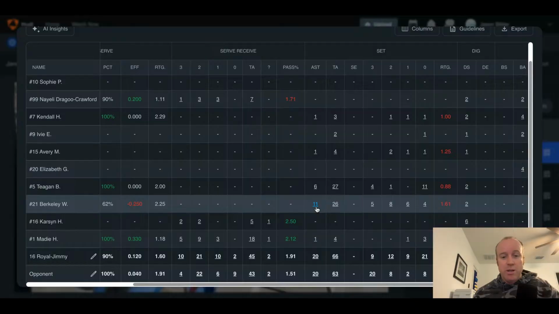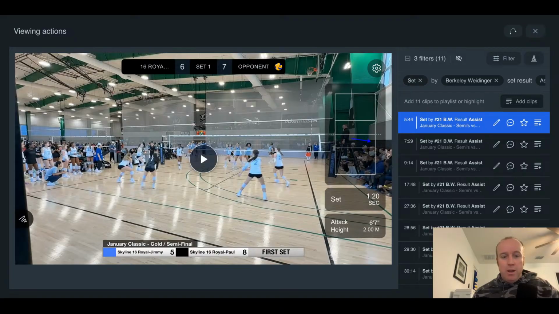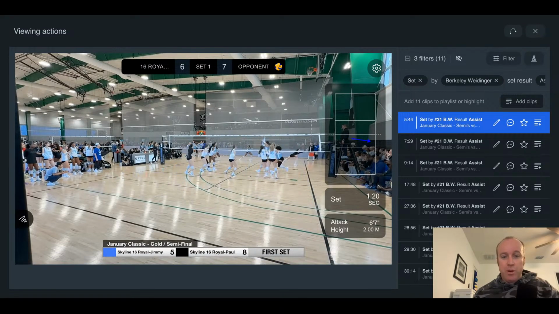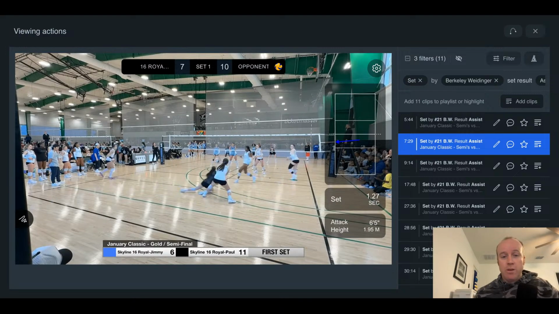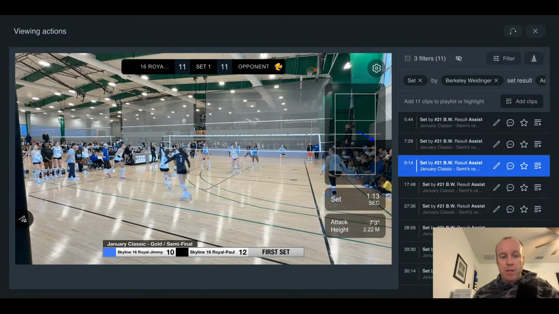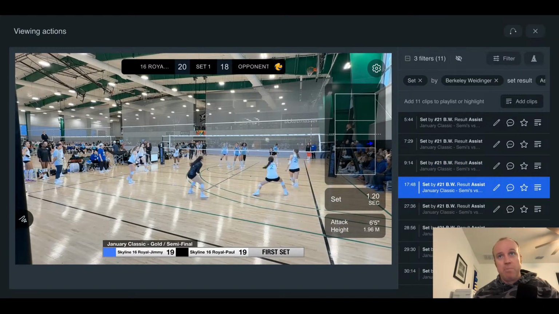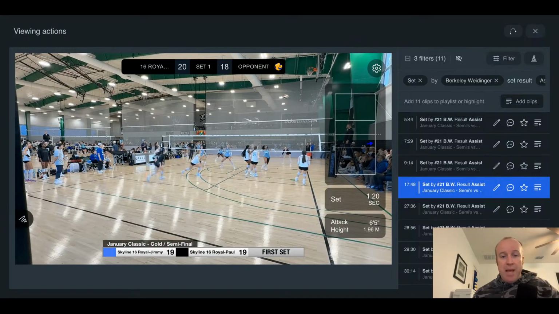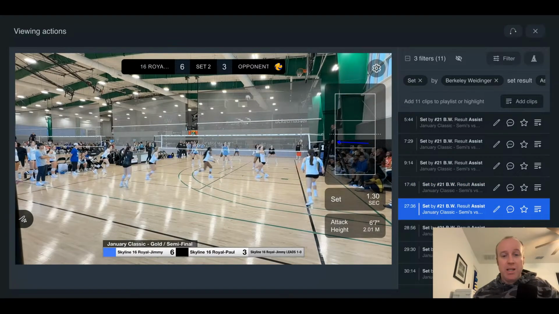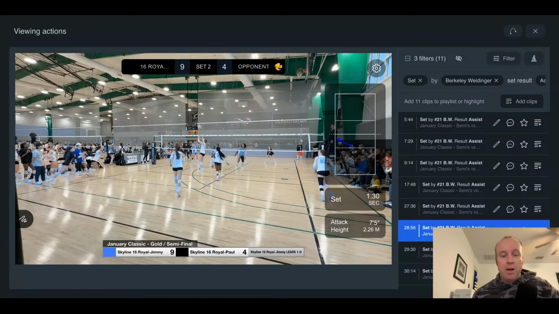So this is what setters typically do: here are my 11 clips. My kind of quote unquote setting highlights. And they're going to be kills, right? So all of these, the result is going to be a kill. But there's a couple different things that I try to encourage setters to do. You can set really good balls that don't end up being kills, right? That's doable. And so it's important to potentially include some sets where they're not necessarily